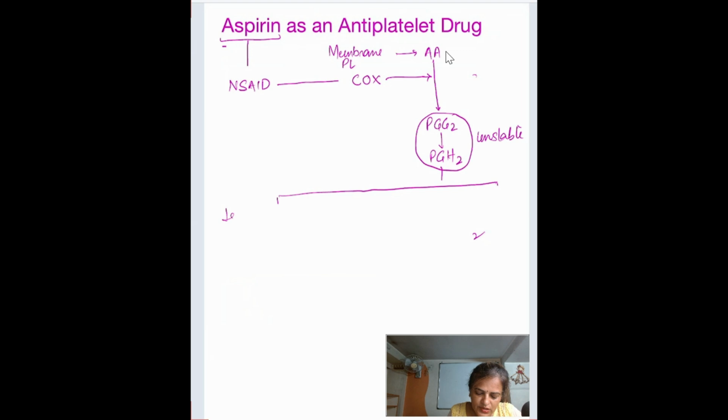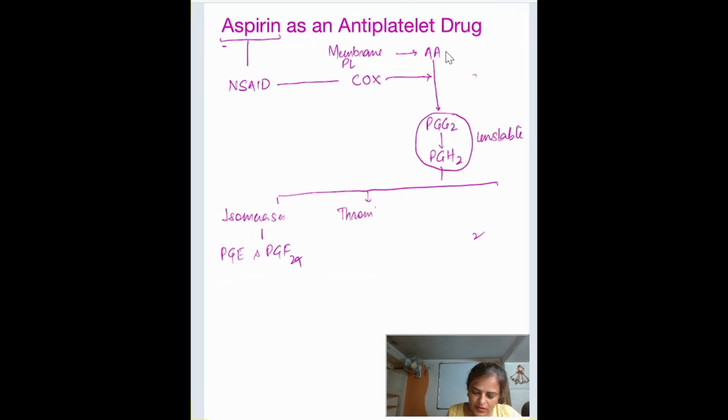Like isomerases, very commonly, cause the synthesis of prostaglandins PGE and PGF2 alpha, whereas in the platelet it causes the synthesis of thromboxane A2 with the help of the enzyme